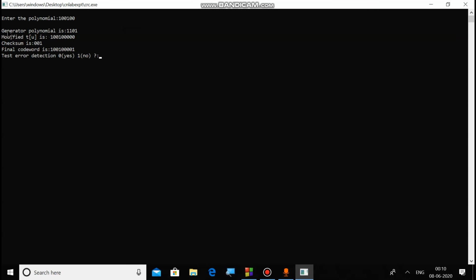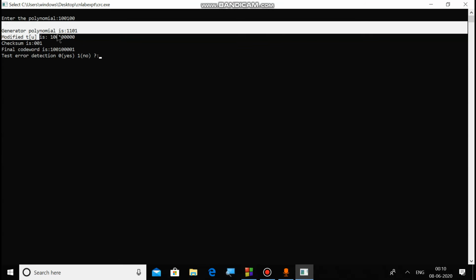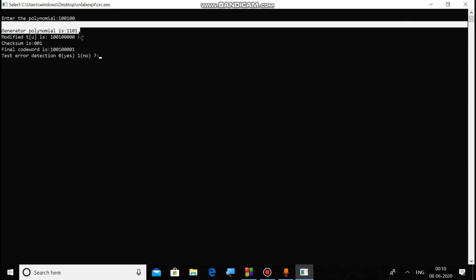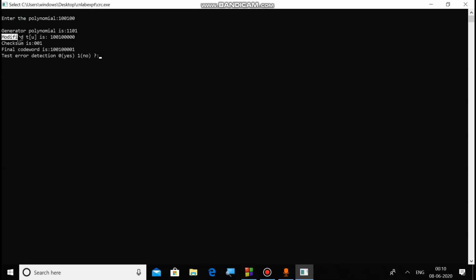So you can see the generator polynomial is specified in the C program itself, that is 1101, and in our example also, the generator polynomial is 1101. The modified polynomial, that is the ultimate message that gets to the receiver, is 100 appended by 3 zeros.